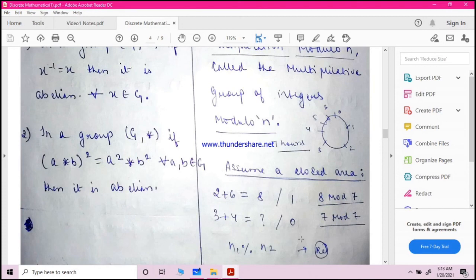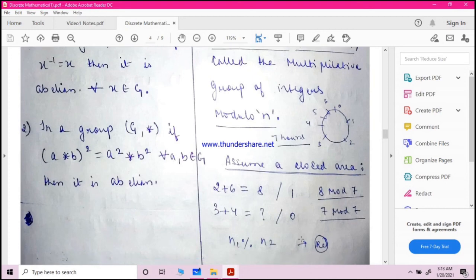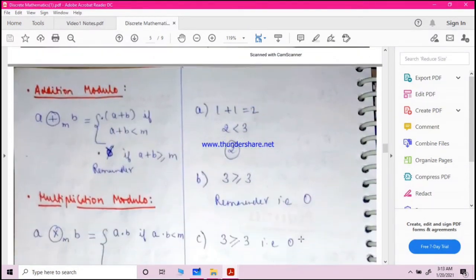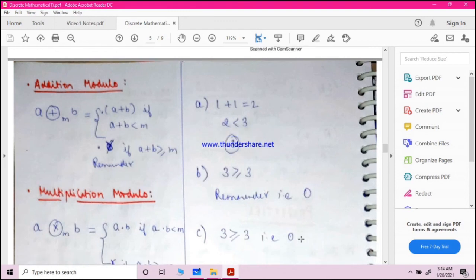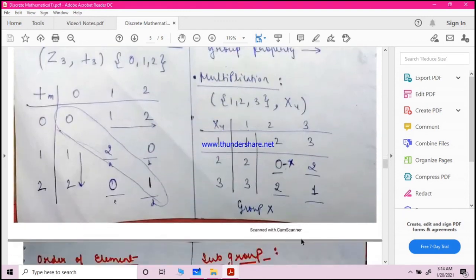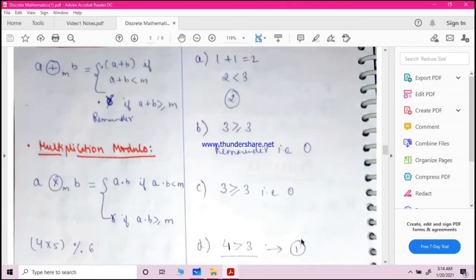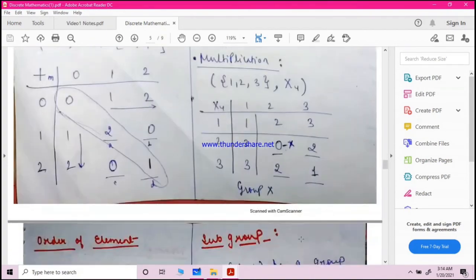So if you want to keep anything in range in your program, if you want to keep anything within the boundaries, then you have to perform the modulus every time with the largest number, so that your answer will be in the limit itself. So this is the reason why we perform the modulus if we are using any data structure. This is addition modulus and this is multiplication modulus. This is the example of addition and multiplication modulus. This is how you perform that. This is the example. You can just simply go through.